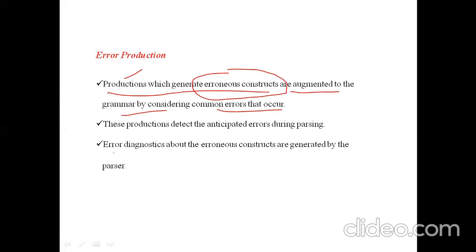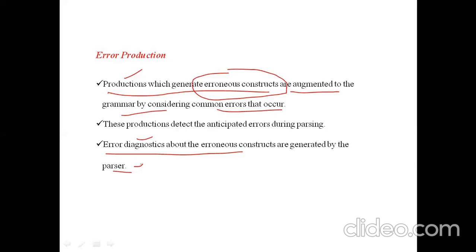Error diagnostics about the erroneous constructs are generated by the parser. Error diagnostics means nothing but the error messages. Diagnostic means identification. Already we know medical diagnostics: they do a CT scan, body scan, complete scan, to identify the problems.